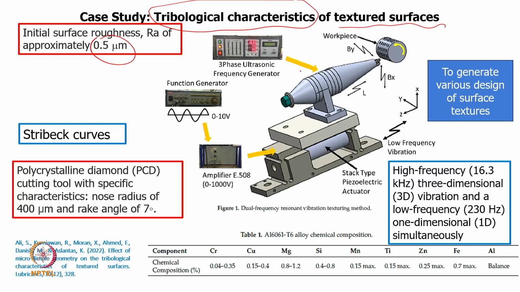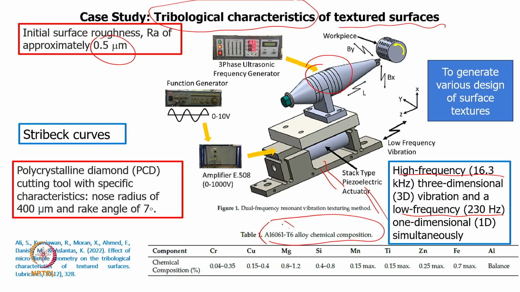One is for the tool, which has a high frequency of roughly 16.3 kilohertz, and the other is for the base, which has a low frequency of about 230 hertz. So, the base gets a 1D frequency response, while the tool gets a 3D response, and what they have done is basically to improve the properties of aluminum alloy,